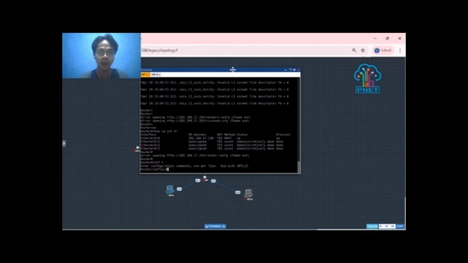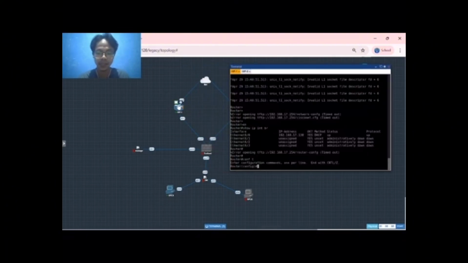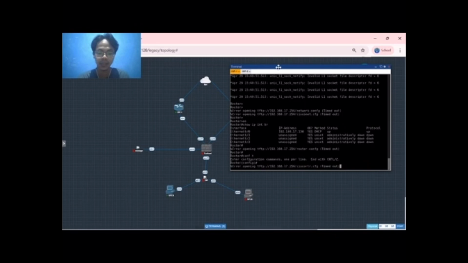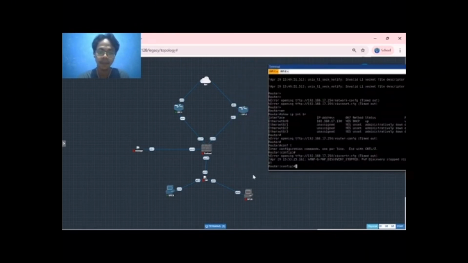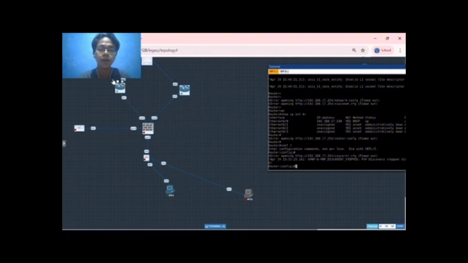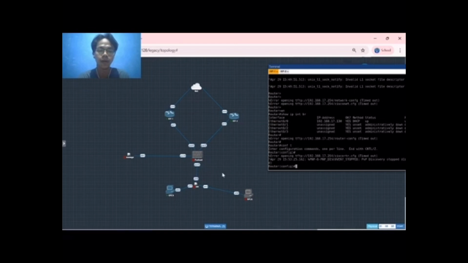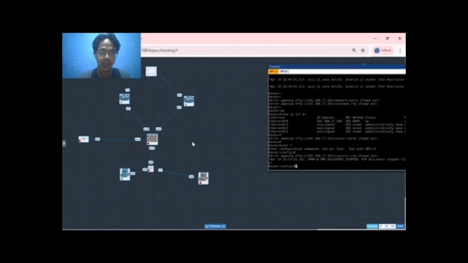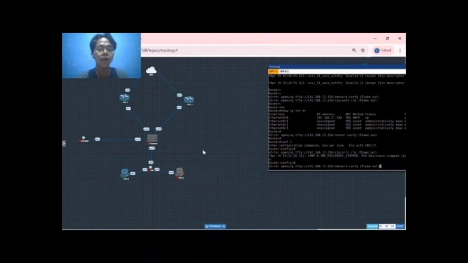For the next step, after that we will make the static interface, a static connection between this ESP1 and ESP2.